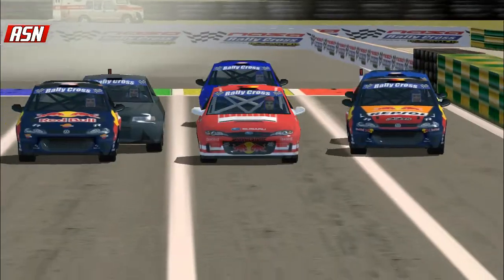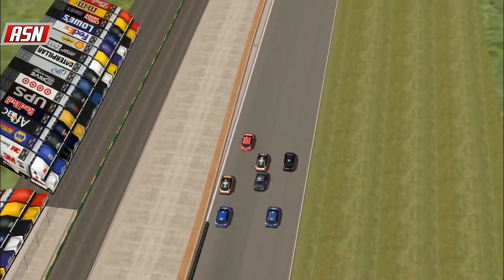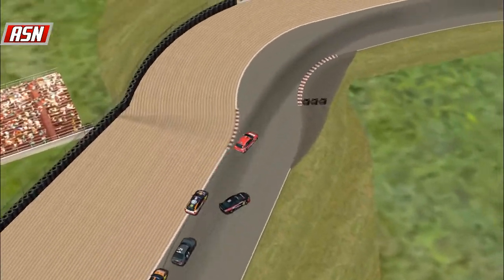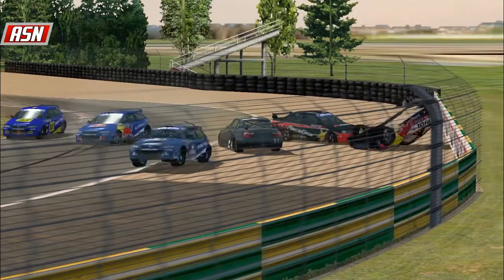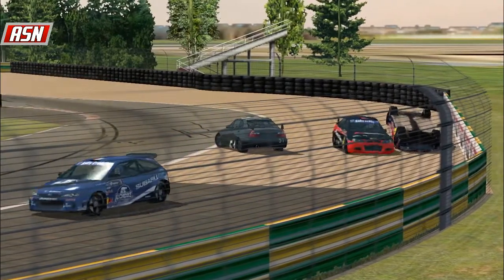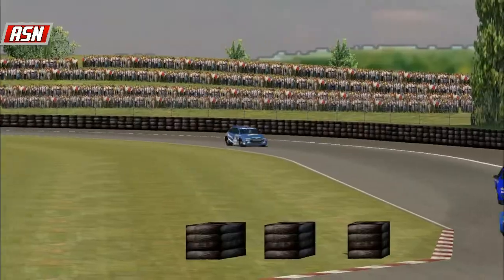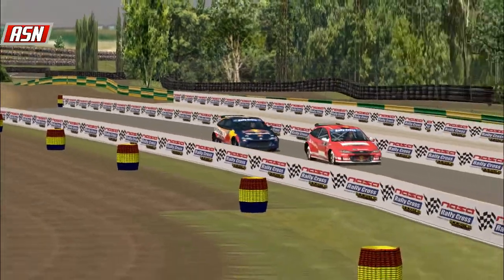Who gets the hole shot for the first round of the championship? It's too close to call at the line. It's Mertz by a hair. And entering corner number 1. Will Mertz get clear? Yes, he does. Side by side, Wetz and Lambert. Livingood bumps Wetz. Around he goes, and into the wall he goes, stacking him up to begin the first round of the championship. Livingood bumped his teammate, sent him around. And this ends Smith upside down, and red flag for the first time this season,